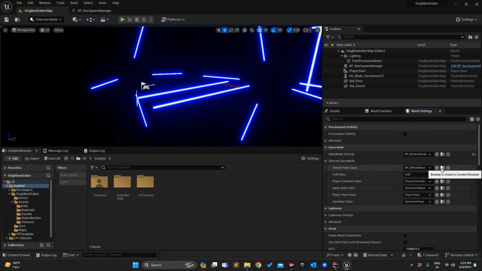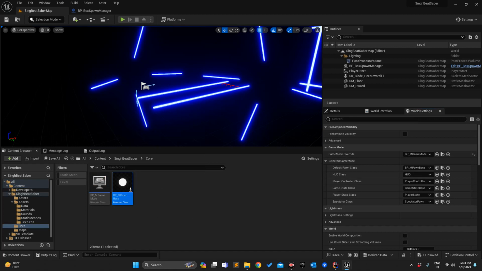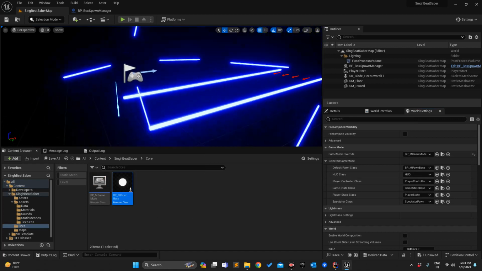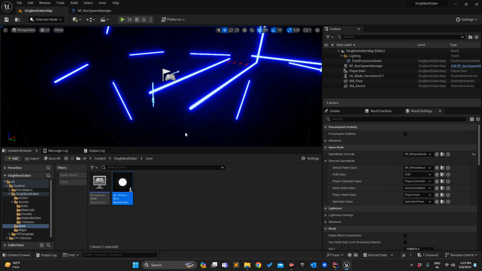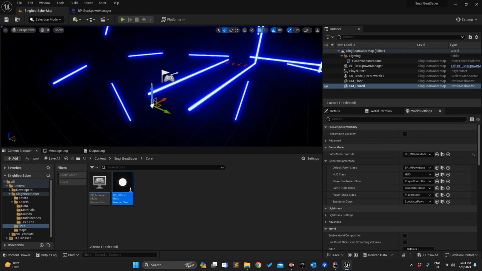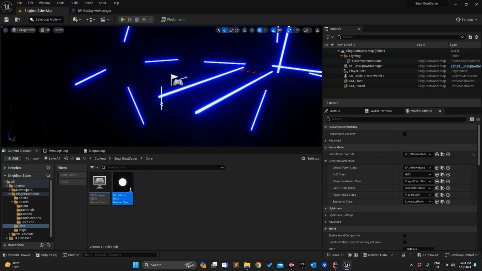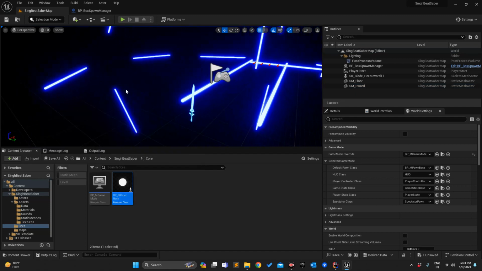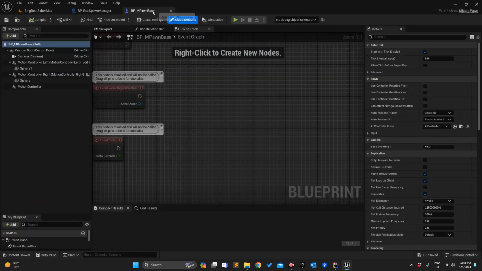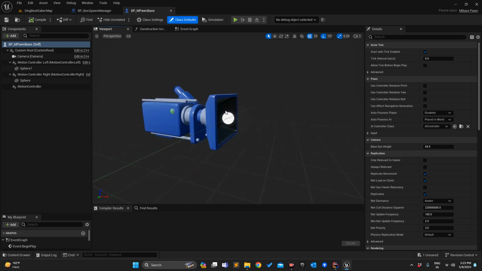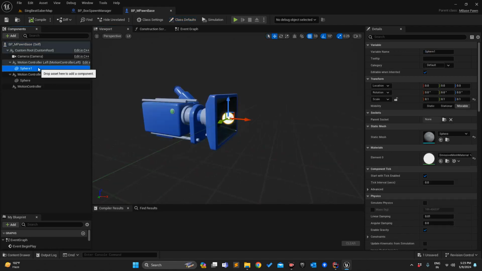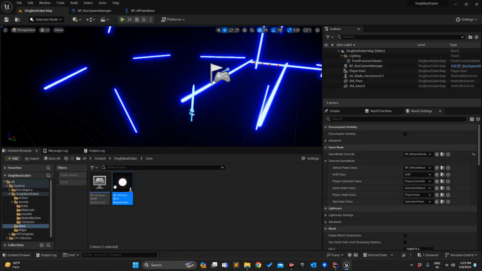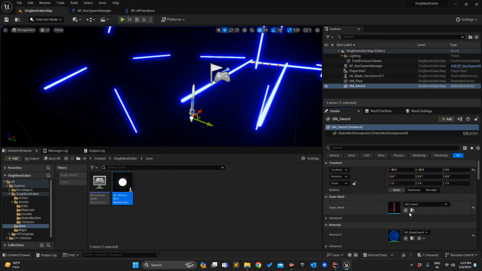Next thing is where's my pawn? Okay, pawn base. Okay. Next thing is this sword seems good, but we have to attach it to the pawn. So this is our pawn, M pawn base. Here we have used sphere 1 and sphere 2. Instead of this, I'm thinking to use the sword here only. So go to sword detail,